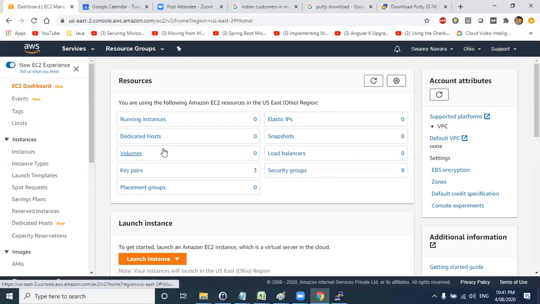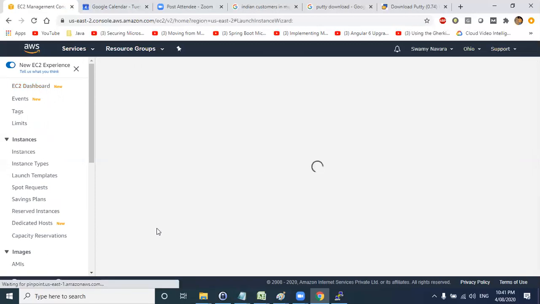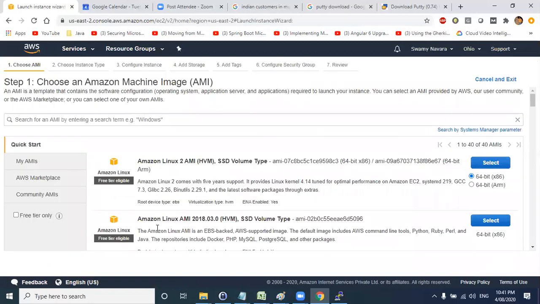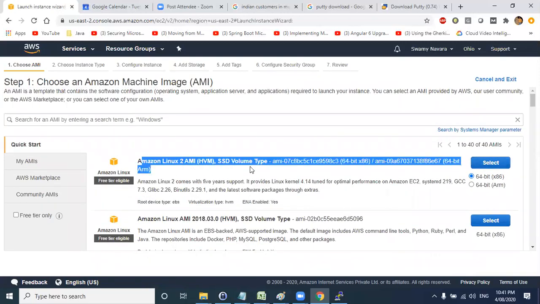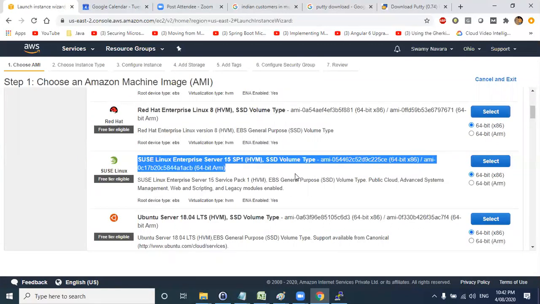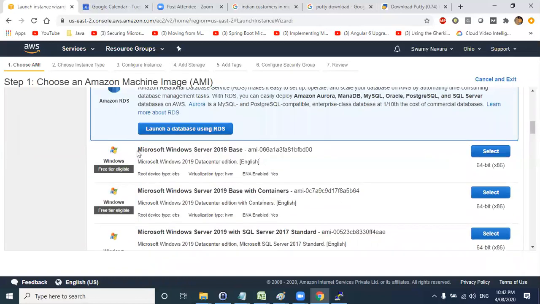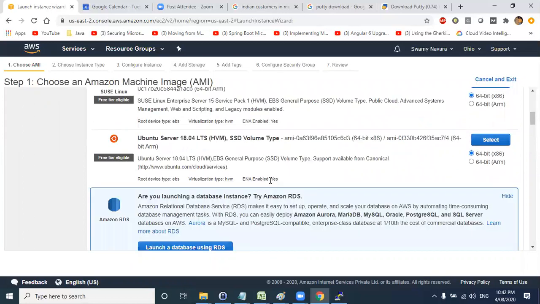For today, you don't worry about more options in EC2. Let us see very minimal options. Let us discuss what is required, and I will show you only those options. If you have any doubts, just hold on till we do the EC2 lab. Now, you need to select one of the images here. You will have different types of operating systems, like Amazon, then Red Hat, SUSE Linux, and Ubuntu server. You can even see Windows machines. Some customers will prefer to have Windows server instead of Linux because of their application dependency or some other external factors.